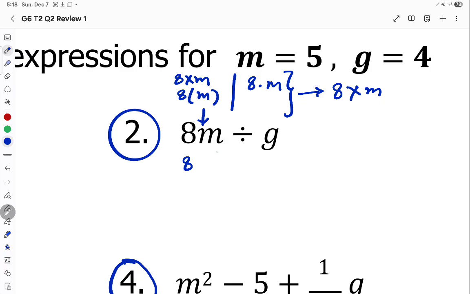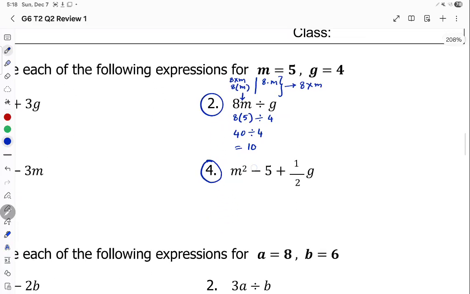So 8m, m is 5, I write here 5, divided by g is 4. 8 times 5 is 40, divided by 4, the answer is 10. So my answer here is 10. Next,